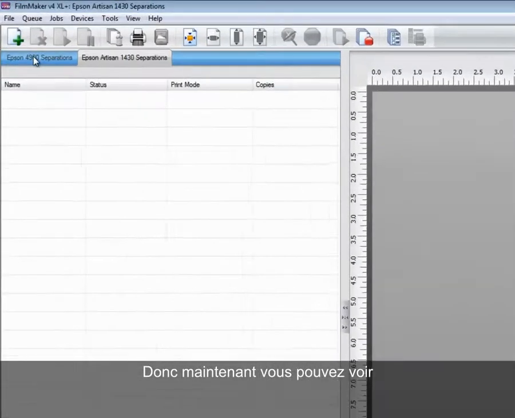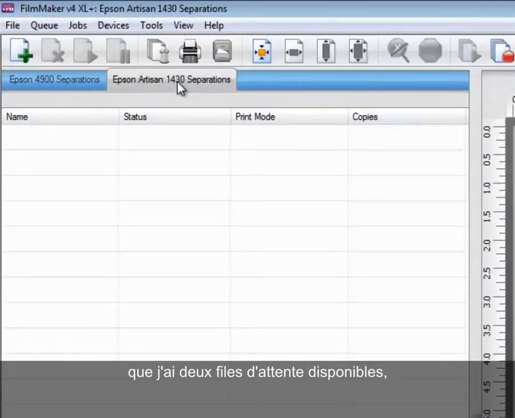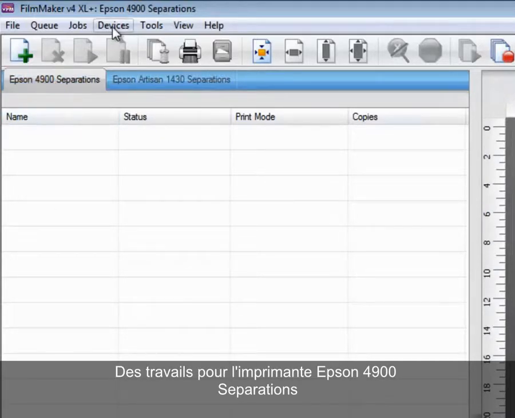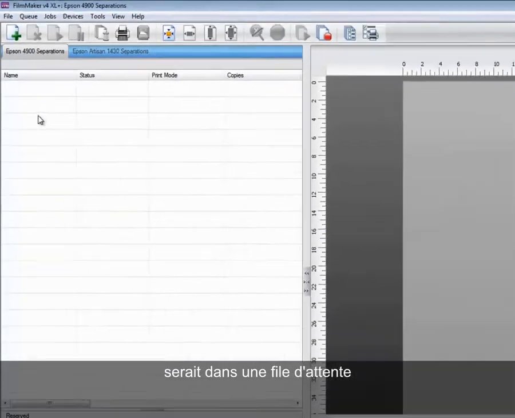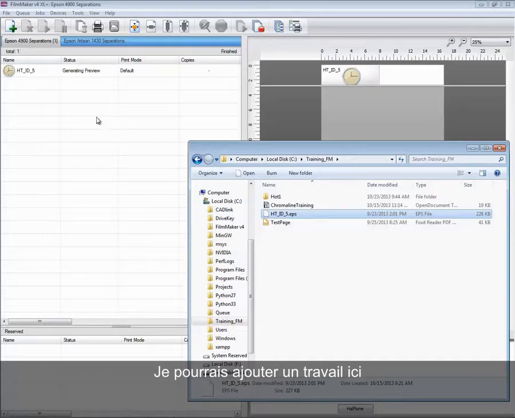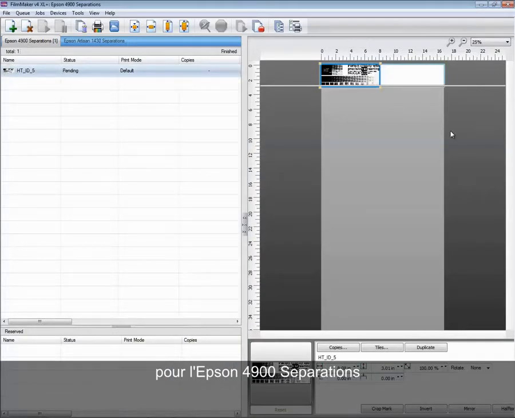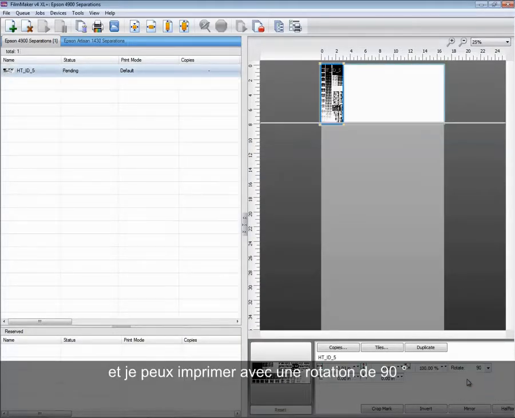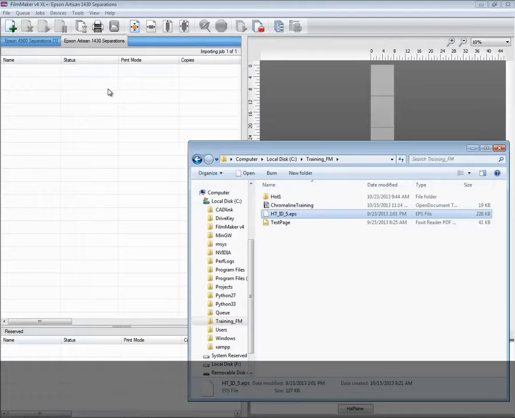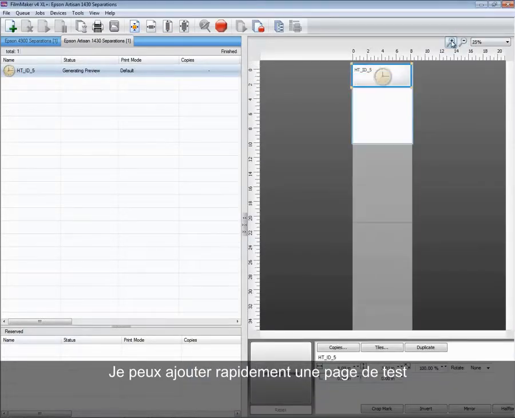So now you can see that I have 2 queues available. This is multiple queue setups. You can have as many of these tabs as you want. Jobs for the Epson 4900 separations would be in one queue, and let me just add some jobs here to clarify that. I could add a job in here to the Epson 4900 separations, and I could print it rotated 90 degrees. When I flip over to the Epson 1430, I can quickly add a test page,